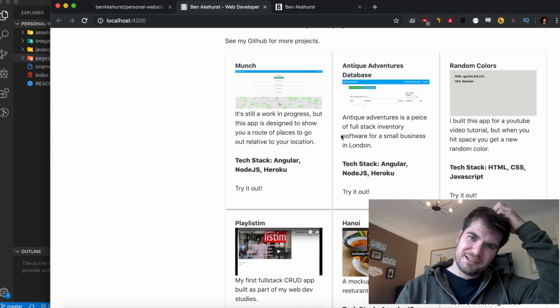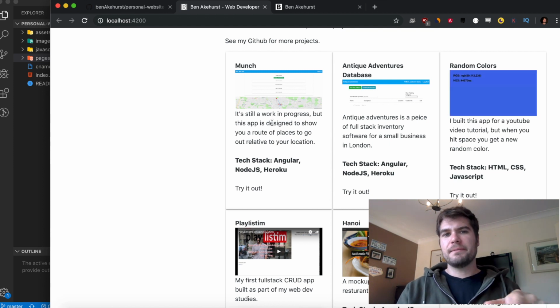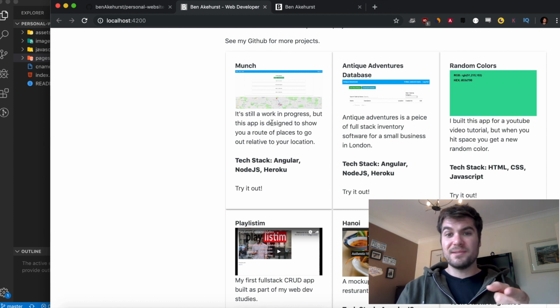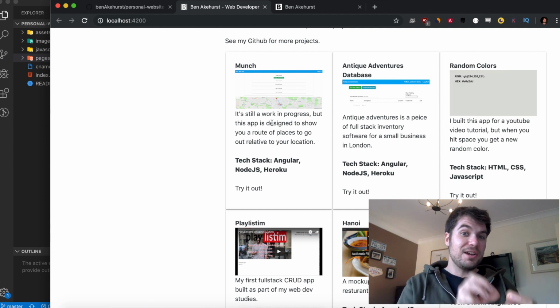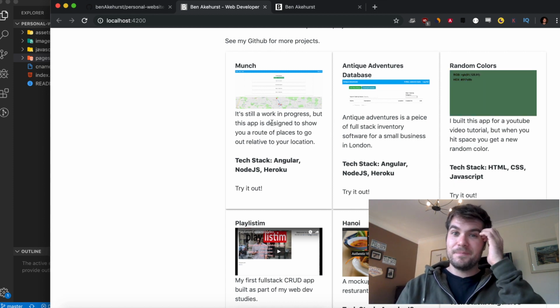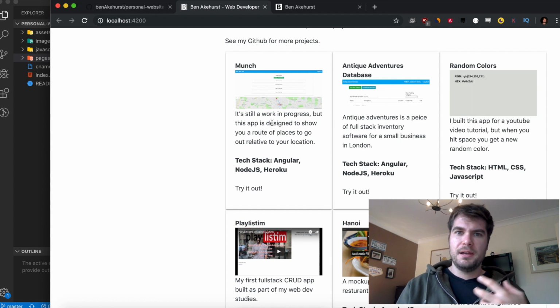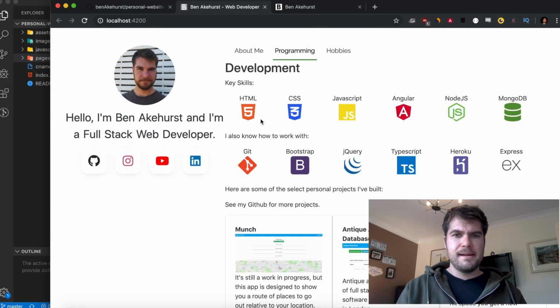And something I'm left scratching my head about is this project here, Munch. That was a project I was working on at the time that I built this site, but it's a broken project. It kind of half worked with a lot of bugs at the time I was building it, but now it doesn't even work. So if this was the first thing you came to and looked at, a broken project, what does that say about me as a developer? I'm scratching my head a little bit about why I put that in there.